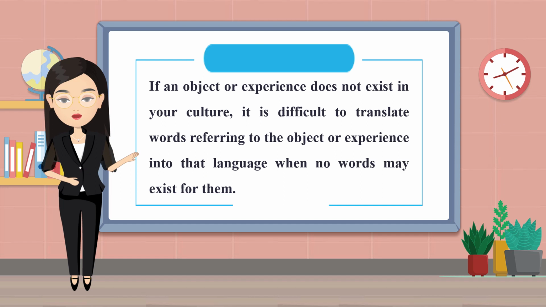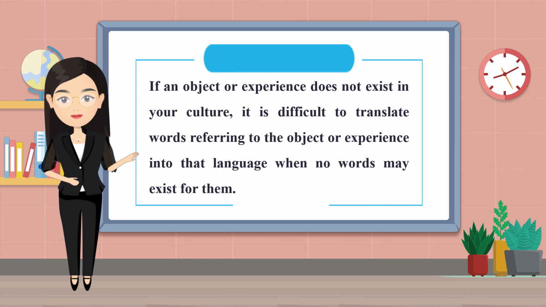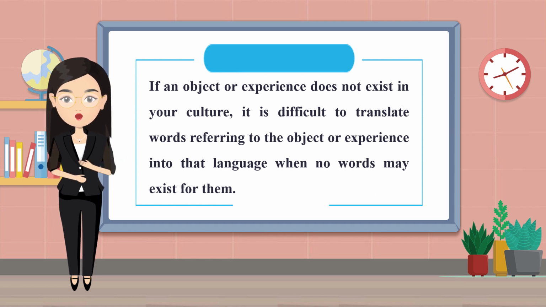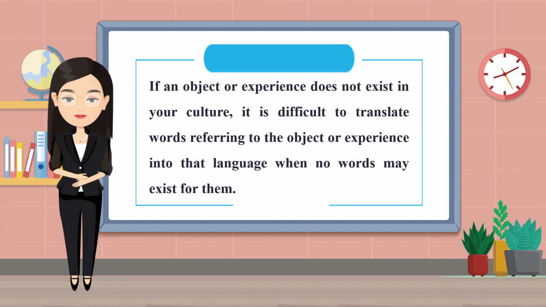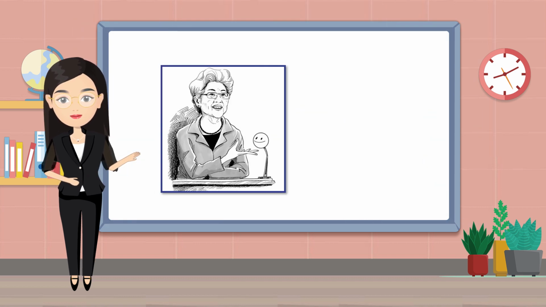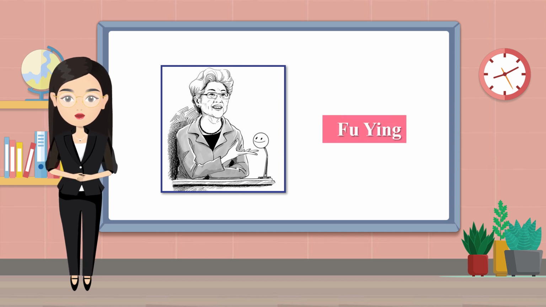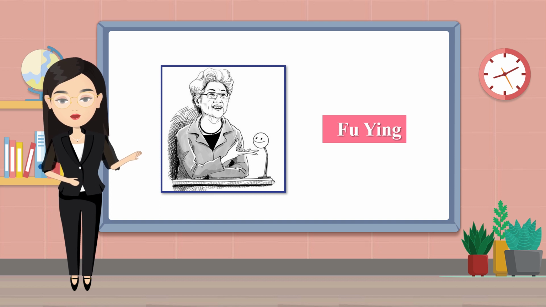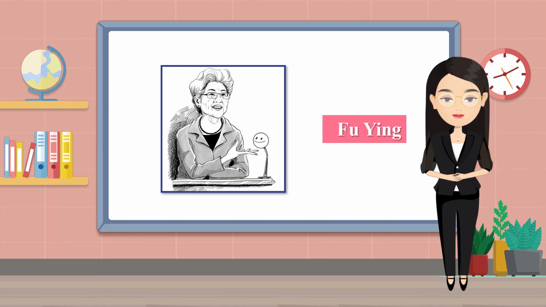If an object or experience does not exist in your culture, it is difficult to translate words referring to the object or experience into that language when no words may exist for them. Examples of this kind are in a long list. In 2015, Vice Chairman of the National People's Congress Foreign Affairs Committee Fu Ying once remarked at a press conference,